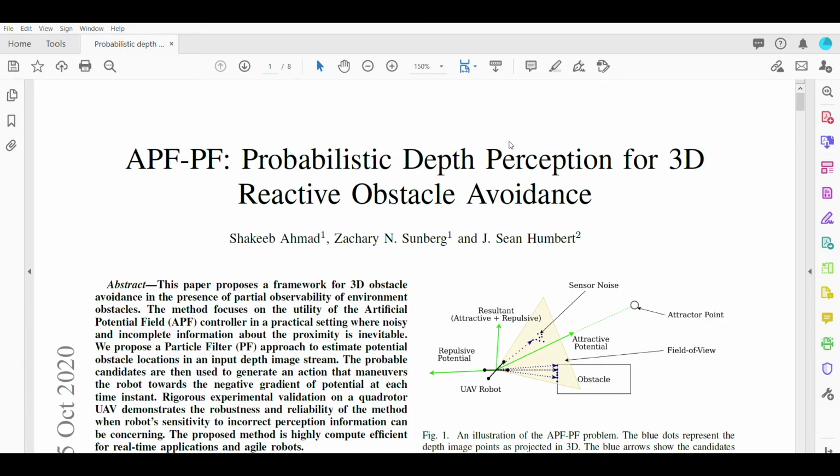Hi, so in this video, I'm going to read this research paper, which is Probabilistic Depth Perception for 3D Reactive Obstacle Avoidance, written by Shakib Ahmed, Zachary N. Sundberg, and J. Sean Hubbard. And my name is Amal Jayawardena, and then